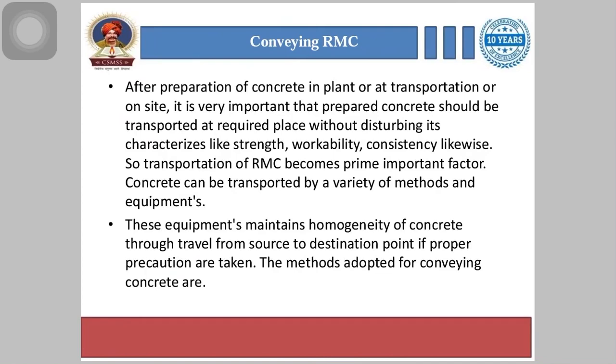So transportation of RMC becomes a prime important factor, and concrete can be transported by a variety of methods